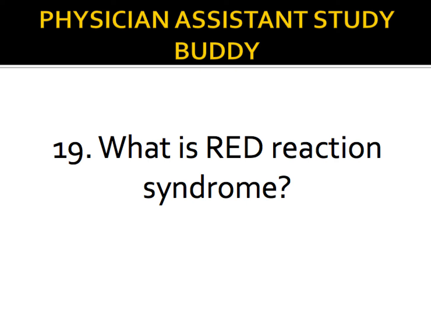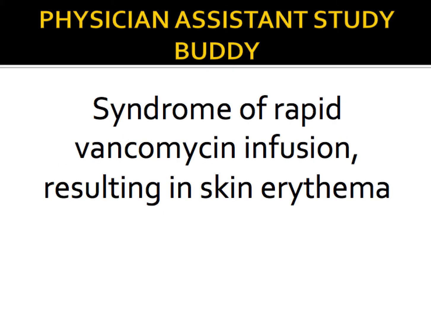What is red man syndrome? So we talk about internal medicine, and they're going to tell you they saw a patient, let's say in the ICU, who was administered a medication, and became super red, and you should know which medication caused it and what red man syndrome is. The syndrome is because of rapid vancomycin infusion, something we always see in the ICU here and there. It's kind of scary, happens fast, and it results in skin erythema, and you treat it by stopping vancomycin immediately.